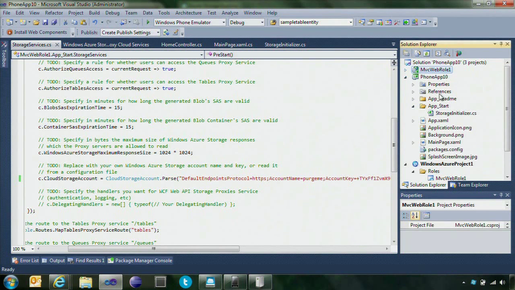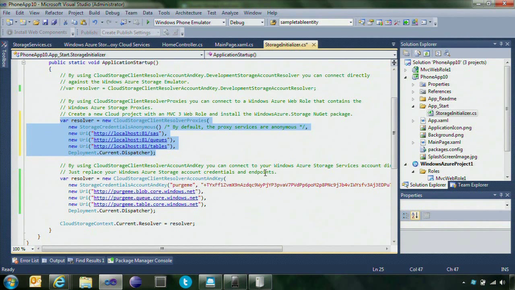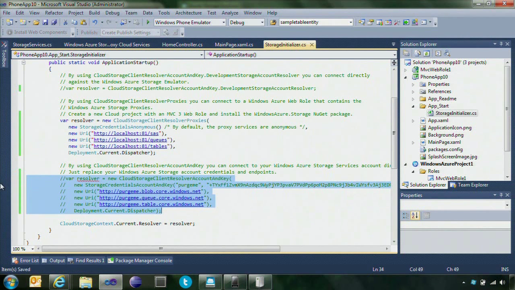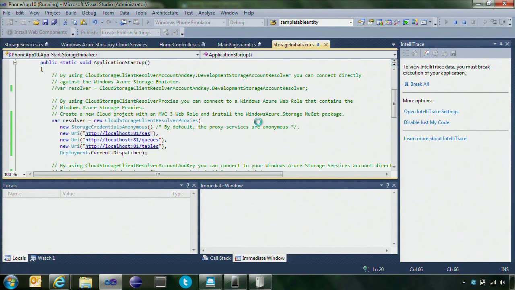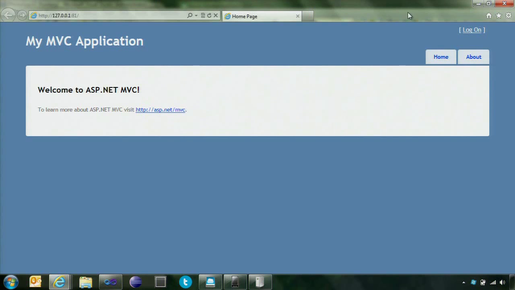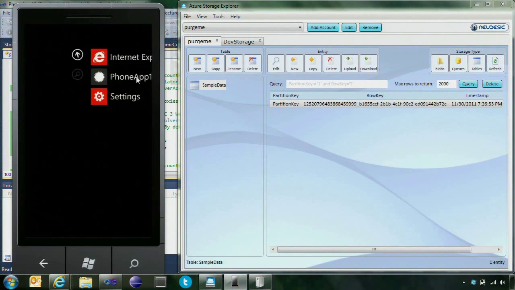And then lastly, if I come back to my storage initializer here, what I'm going to do is change the resolver one last time. Build. And now run F5, run everything. So basically now we'll start up our web role, and the phone will now hit the services in the web role, and the web role will appropriately handle everything in proxy for us. It's really the UI. There's really nothing to see here. Let's pull this guy up, open up our phone app,